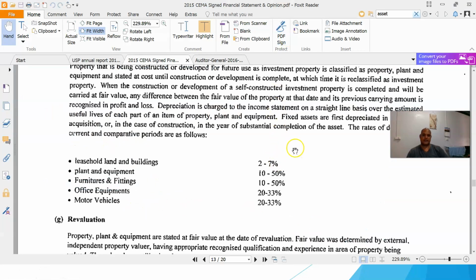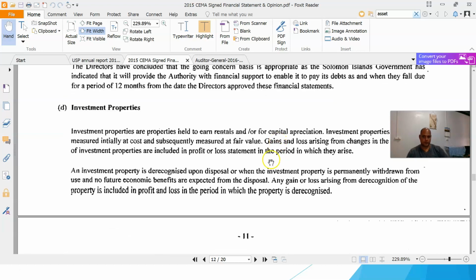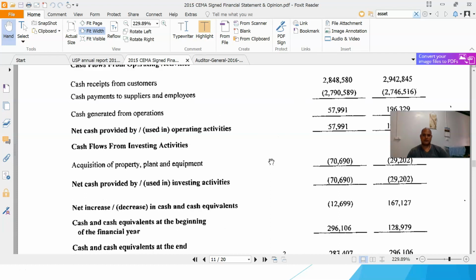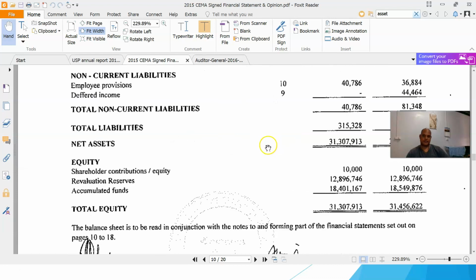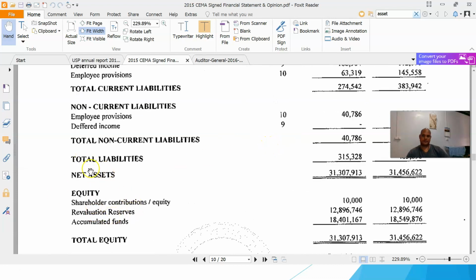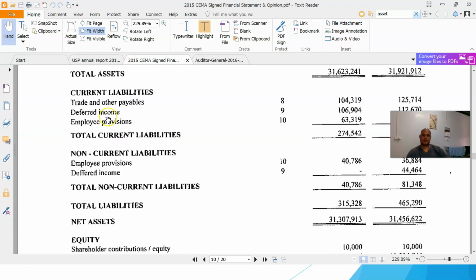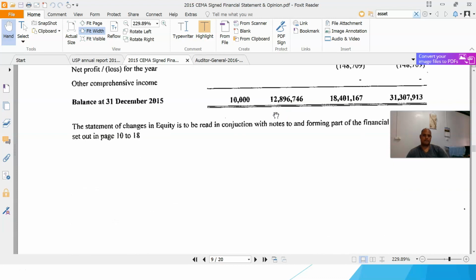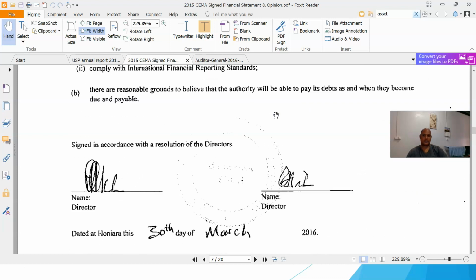As well, you need to check pages 10 and 7. So it's pages 7 and 10, where we should see the disclosure of the fixed assets. In page 10, for example, if we look at the current assets, the assets disclosure, it says that the assets are 13.4 million, and 13.4 million is disclosed by reference in note 6. So if we go to note 6,